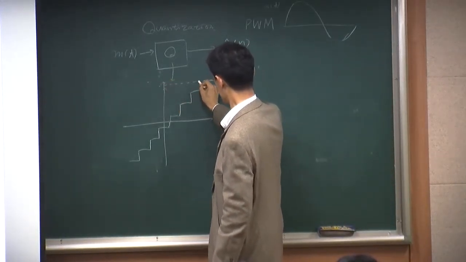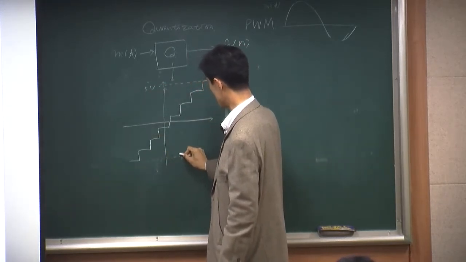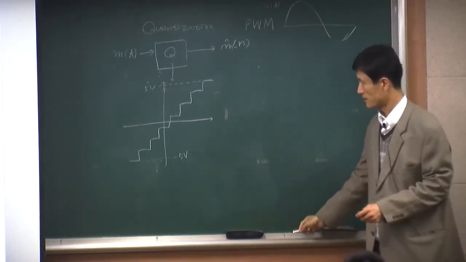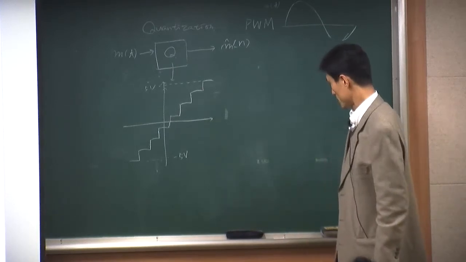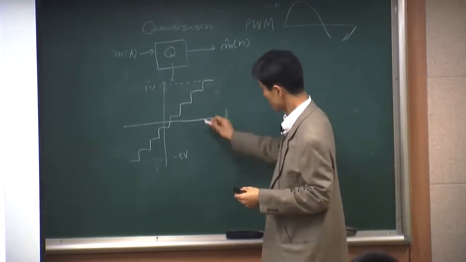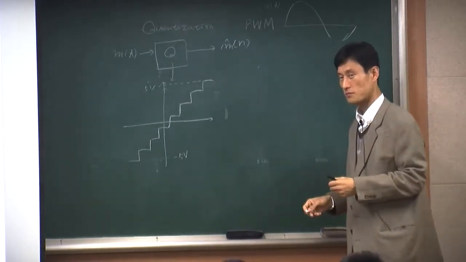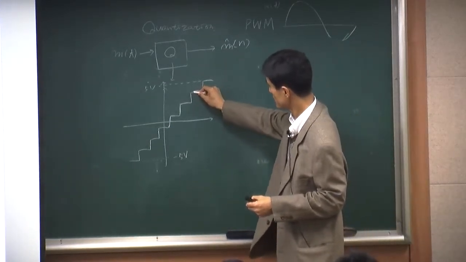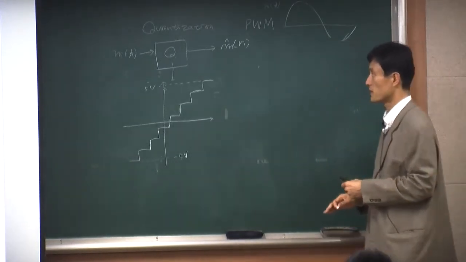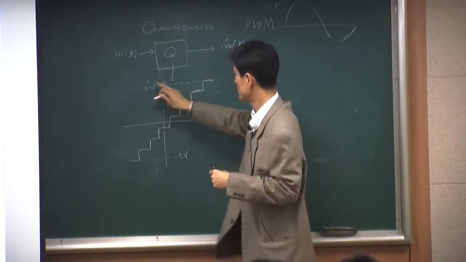And now the maximum output value, let's say, is 5 volts. And the minimum output voltage is -5. Okay, let's say that's the case. Now what is happening is this quantization, uniform quantization, is sometimes good, but in a lot of cases, this kind of uniform quantization is not very good, because think about now m(t). This m(t), our input signal,